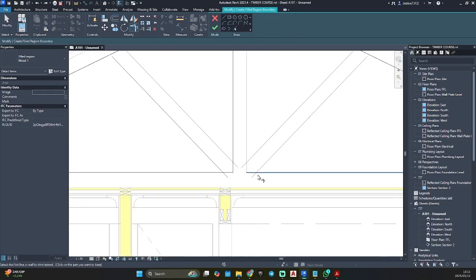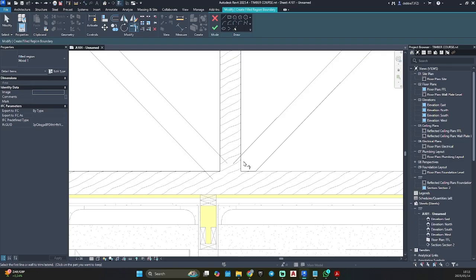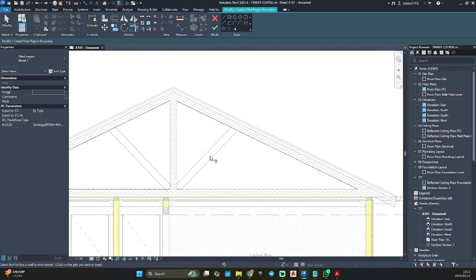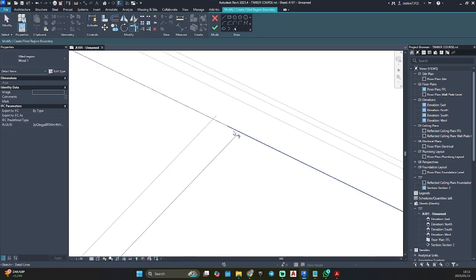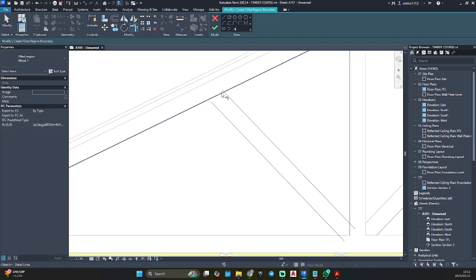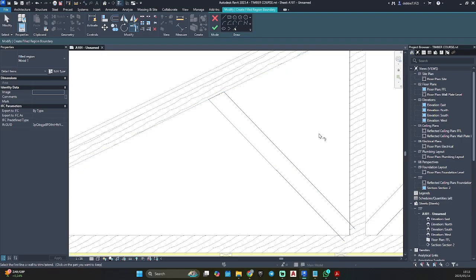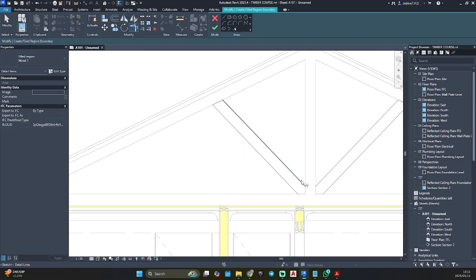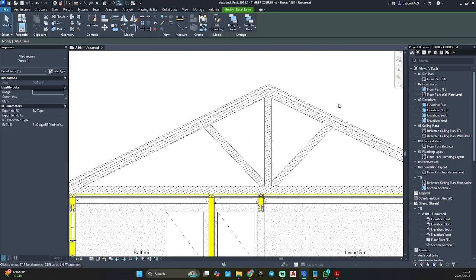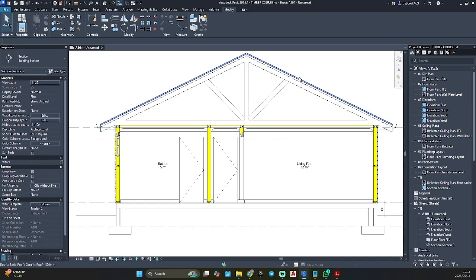Once again, make sure you click on the inside, because if you click this side, it removes the line. So I have to split line again. I don't have to split line. Okay, I'm just gonna leave it like that.